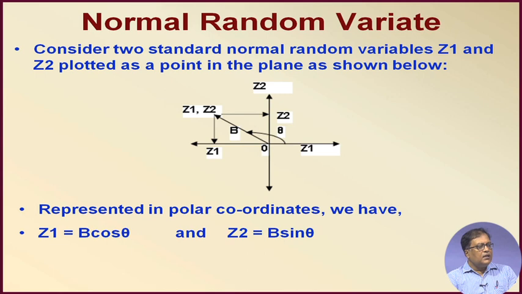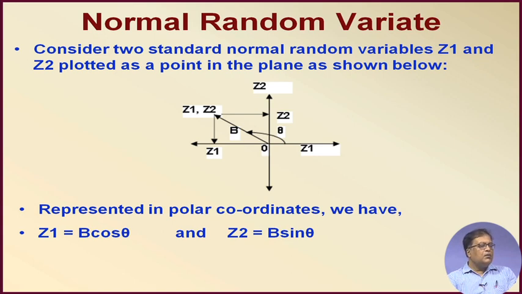Usually, if they are orthogonal to each other, then they will be in two different axis directions, and they might have a particular intercept on various